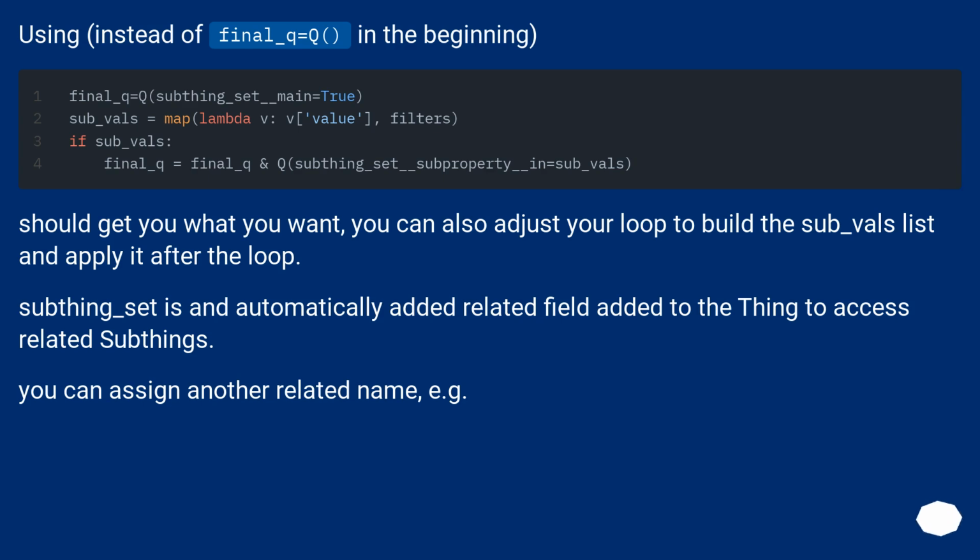subthing_set is an automatically added related field added to the thing to access related subthings. You can assign another related name, for example,